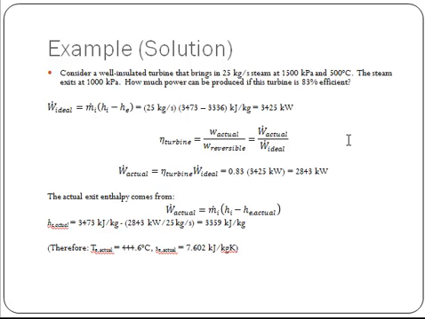I can use this, although this problem statement didn't ask for it, to calculate the actual exit enthalpy, using the ideal information. And I find out that in reality it should come out with 3359 kilojoules per kilogram, which means that the temperature would be 445 degrees C, and the actual exiting entropy is 7.6, meaning that I do indeed have a positive entropy generation, which means that this is indeed a